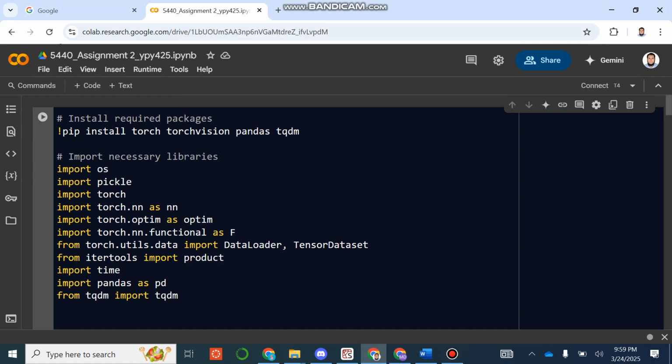In this project, I built a neural network using PyTorch to classify images from the CIFAR100 dataset. I tried different combinations of parameters to find what gives the best accuracy. And to do this, I import some necessary libraries like import os, import pickle, import torch,